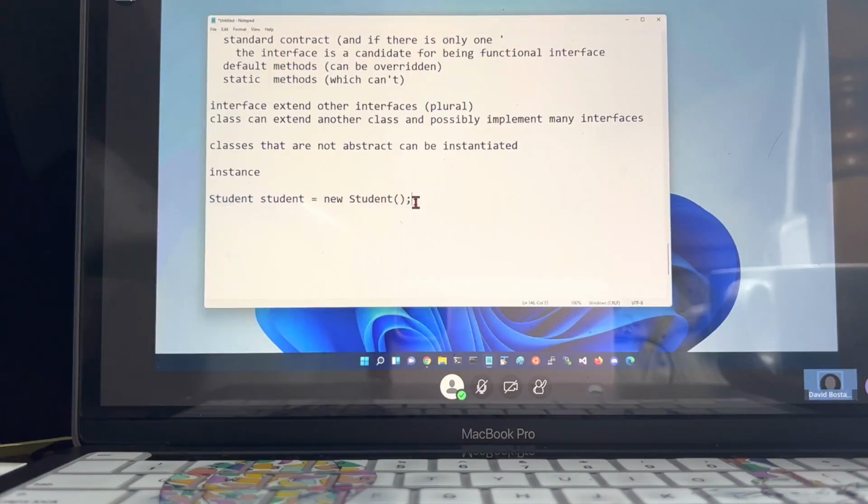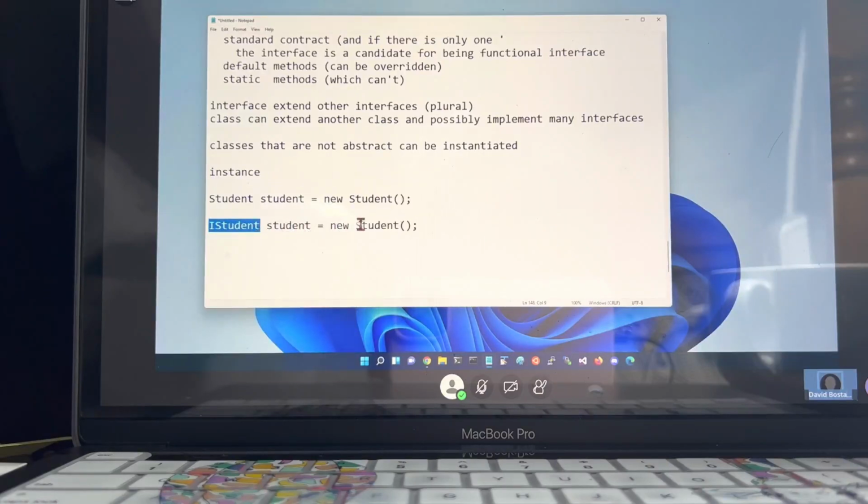Now, I don't know anything about student, the class, except I do know, because of principle one, there's going to be some type of operations that I can do on it, which are legal. Now, a better way to do this is to have an interface called iStudent, for which I'm going to create a student instance as a new student. Notice this is a class, this is an interface.